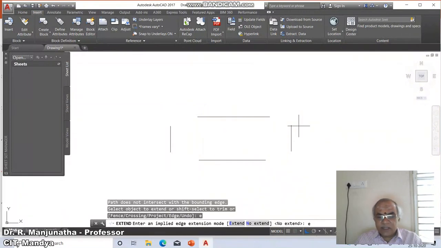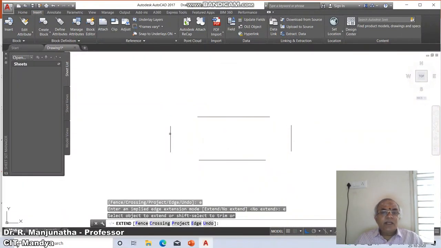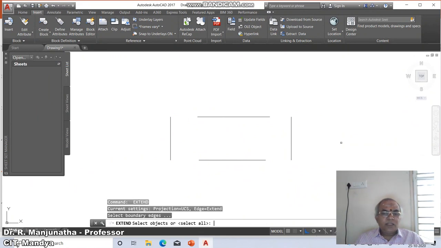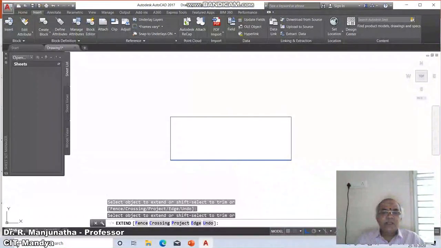I will say extend. Then I will say extend this line till here. Then extend this line till here. Extend like this. Again go to extend, select objects, by default all. Then go to the edge option. Then by default extend. You select this, you select this, you select this, and you select this.